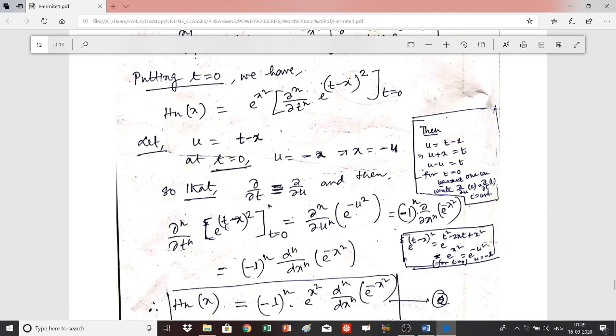Since t is equal to 0 here, it will give you minus u square. That is because e to the power x square, and x is equal to minus of u. So this will give you e to the minus x square, minus u square, that is equal to minus 1 to the power n, or no, this will give you t minus x is equal to u. So it will give you del^n/del u^n of e to the power